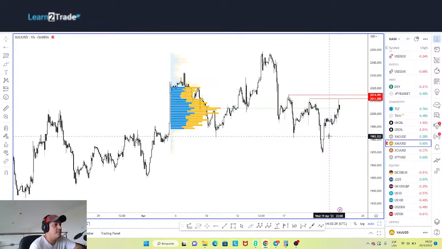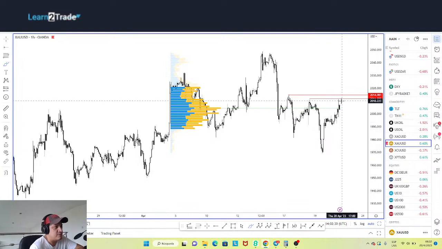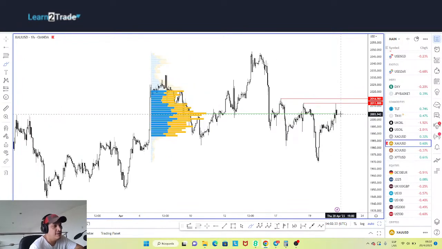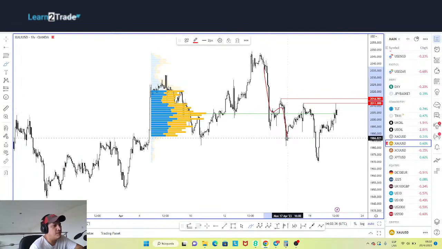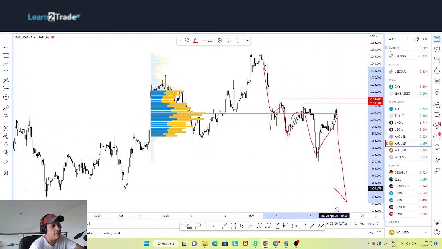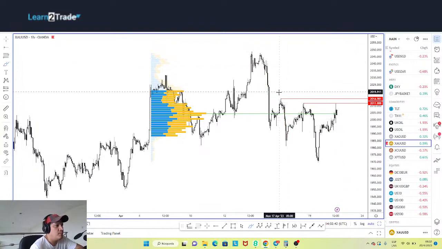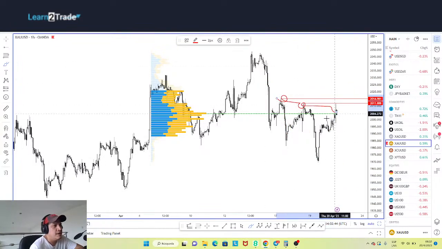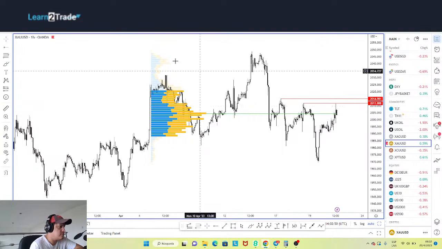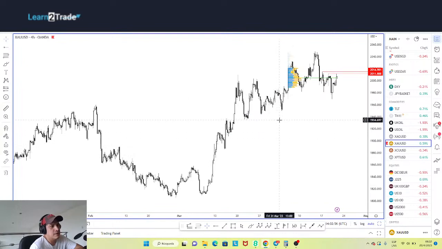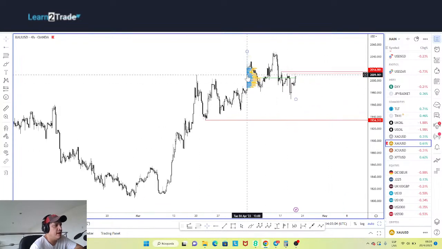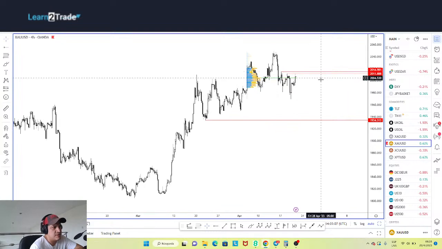So the probabilities of price going higher are lower than the probabilities of price going lower. So we are looking for a continuation of this move. Remember, price keeps making lower highs, keeps making lower lows. So the short side in this market is what we try to trade. Targets, on the other hand, I'm looking at these lows right here, this liquidity area, as the final target for this move, giving me a nice risk to reward ratio of 1 to 6 or